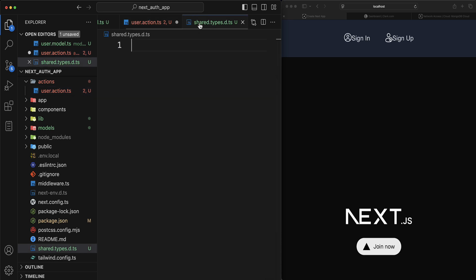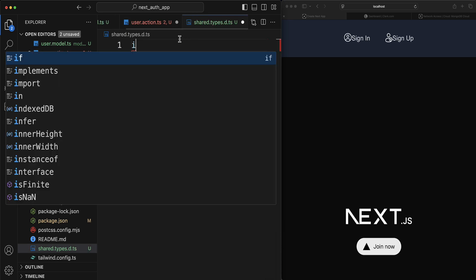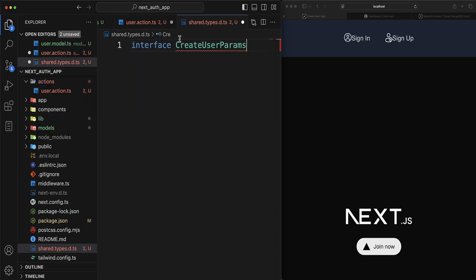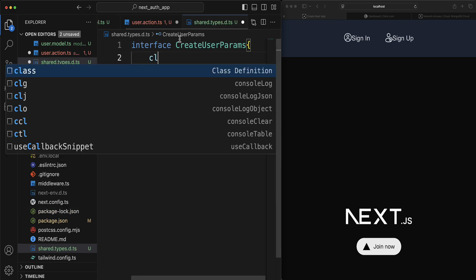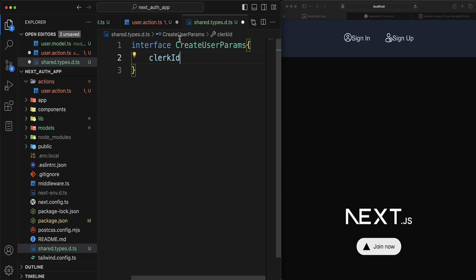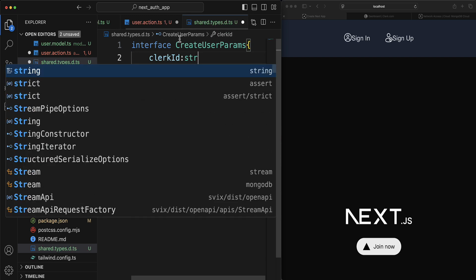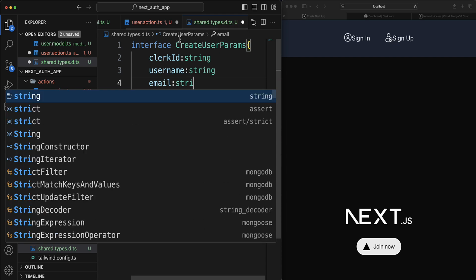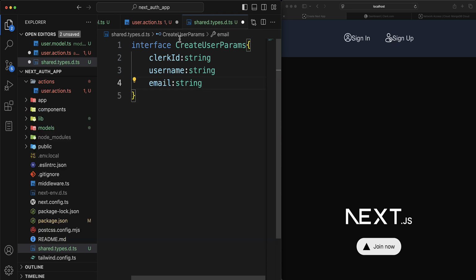So let me come right here, and I'm going to have interface CreateUserParams, like so. And it's going to have clerkId, which is going to be of type string. It's going to have username, of type string. It's also going to have email, which is going to be of type string, and then it's going to have picture